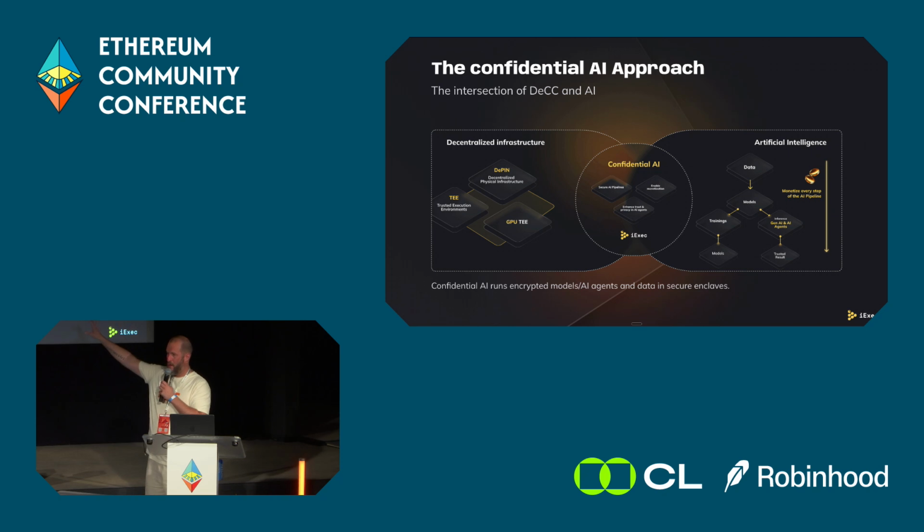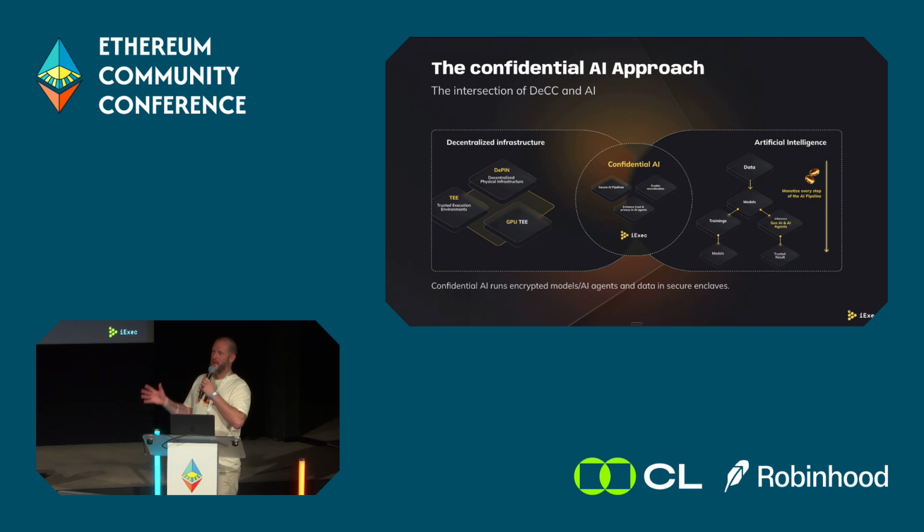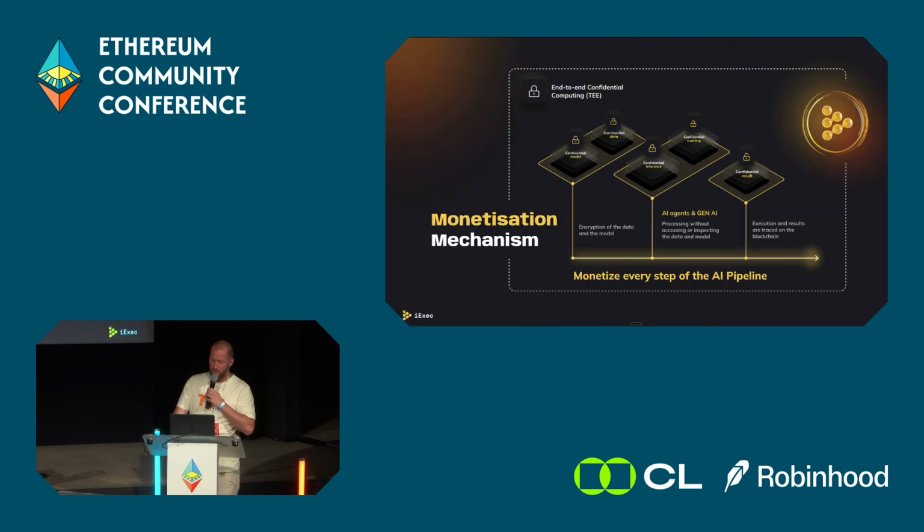You know now what decentralized confidential computing is. It's an infrastructure. And you know what AI is. The merge of both is confidential AI. That's pretty amazing, because with TDX technology, we are able to run AI models and AI frameworks too. And these frameworks and AI models are able to compute any kind of data in this private environment.